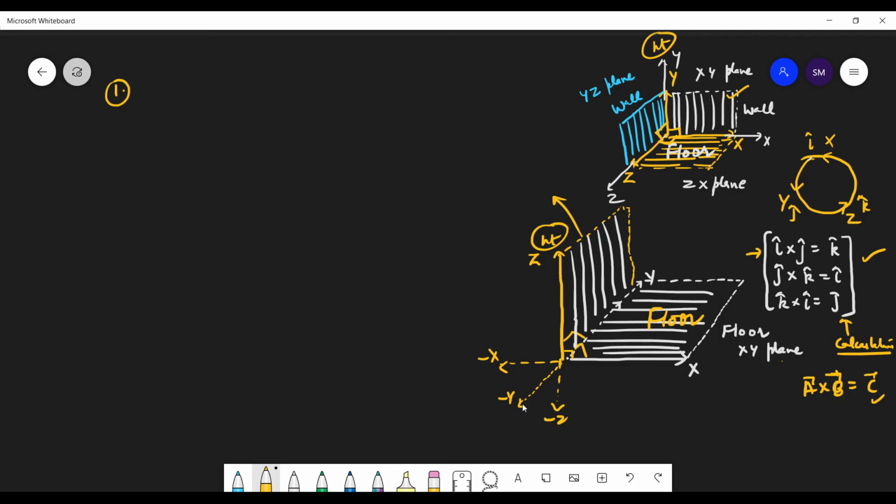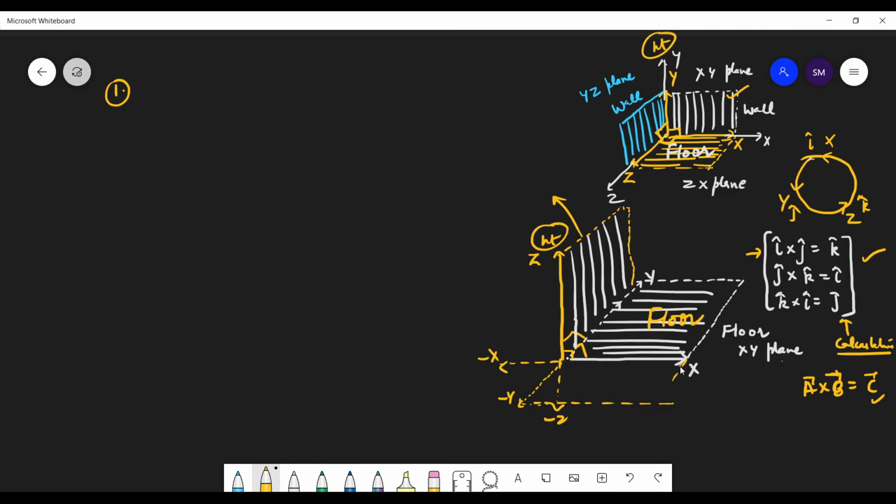So now this is your front floor. If you want to draw this figure, this is the floor where you are sitting. So we can draw this whole thing. Here we are sitting, and this is the zx plane, this is your wall. I have not drawn it here, and behind it is another floor. So you have the floor only up to this point, the minus y x. So that's your floor.